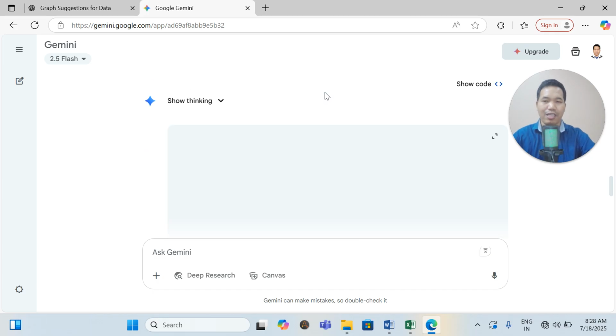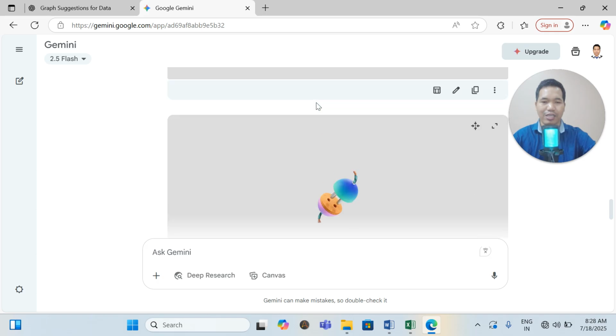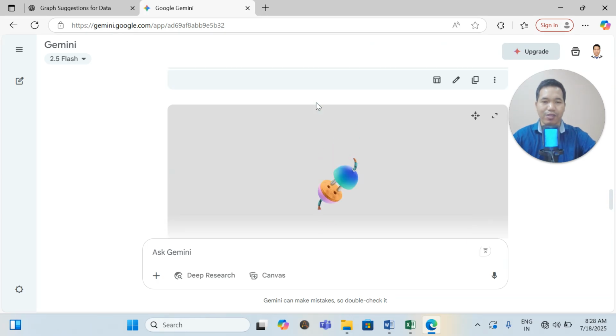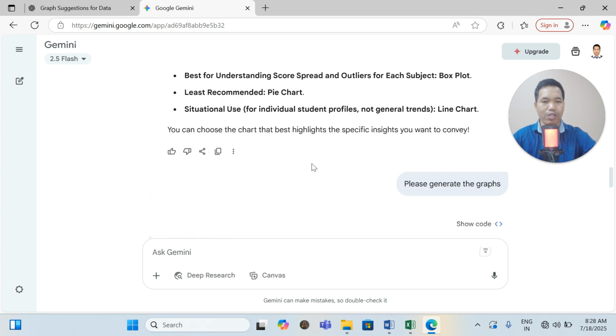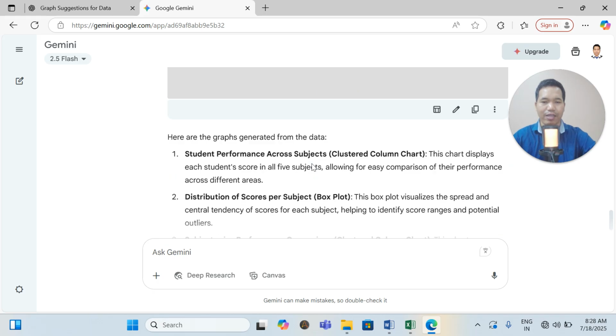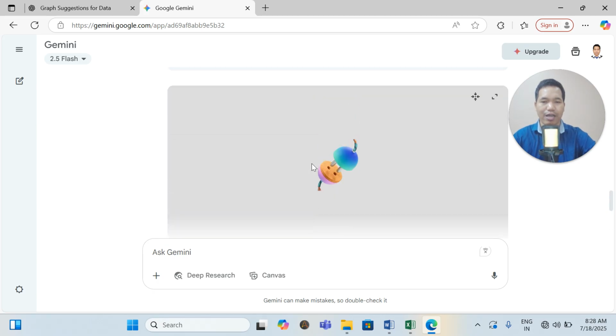So see here, it's getting generated. So in this way you can generate, because of the net issue, but you're going to get the graph here. 100% you're going to get a graph.